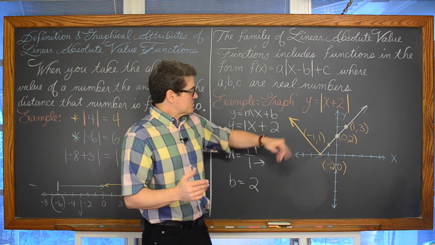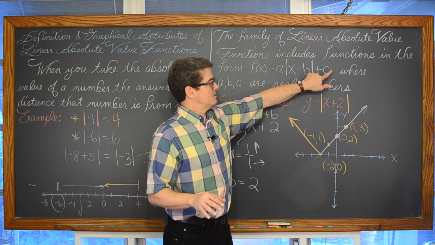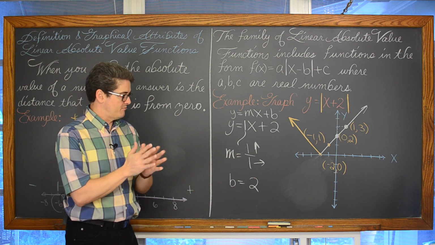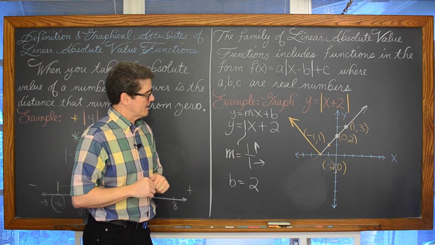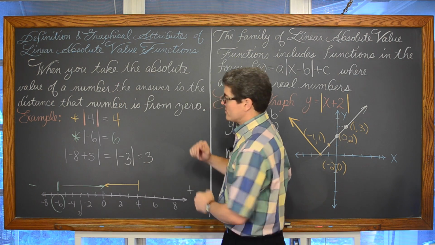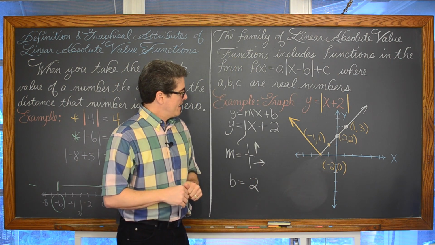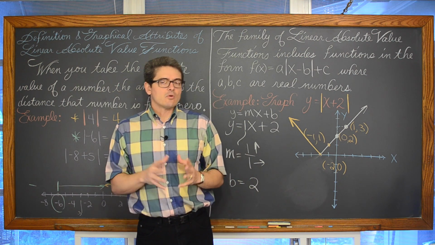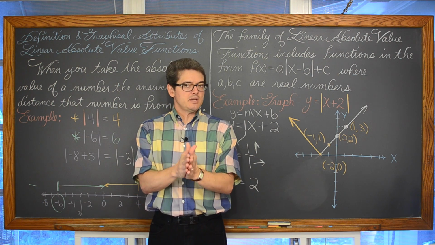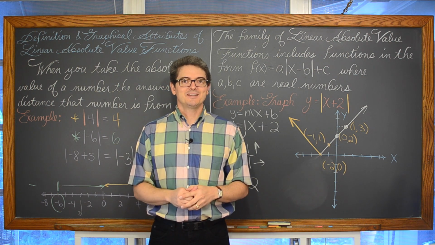A lot of absolute value functions will bounce off of the x-axis. If there's a plus c, when we learn about transformations, if there's a constant, an addition or subtraction outside of the absolute value function, we're still going to have a sharp bend somewhere in the graph, but it is not necessarily going to be on the x-axis. Okay, so that's a rundown of how absolute value functions look graphically compared to just graphing regular linear functions. And this was about looking at the graphical attributes of linear absolute value functions. So let's get out of the way, do one more example like this, only with a t-table, show you how to make a graph with a t-table, and get to defining those graphical attributes.